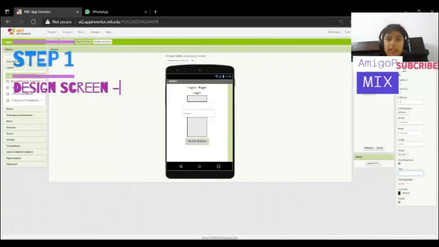So, what do we put in as text? Yeah, login. Okay, login. And what we gotta do next? We gotta, like,